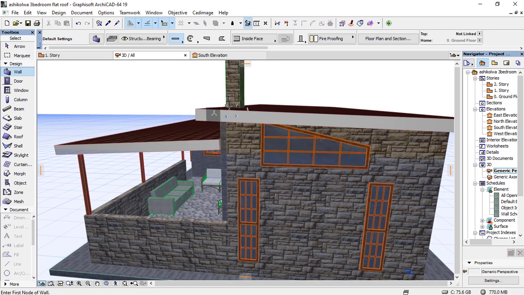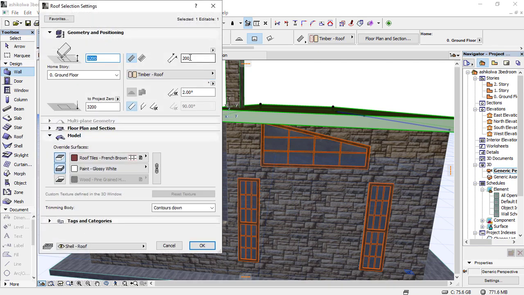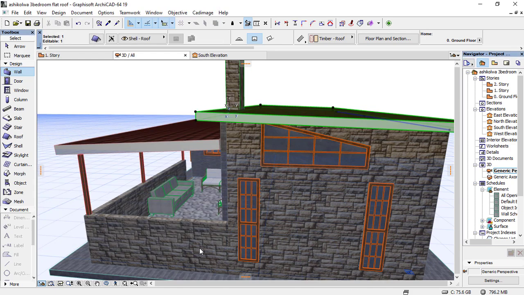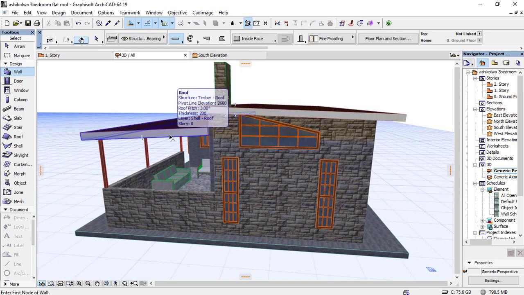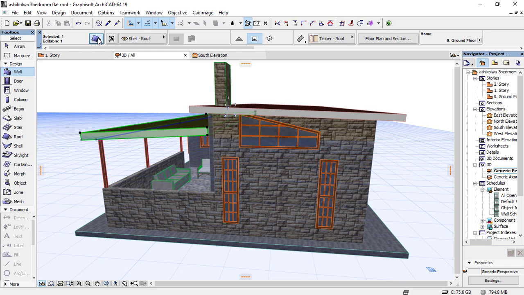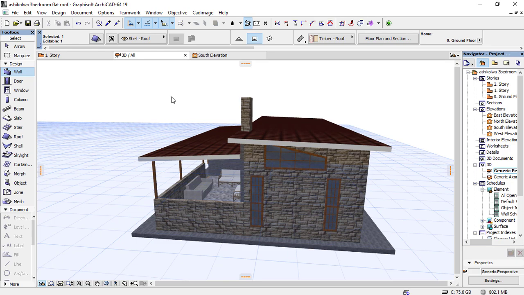So for the fascia board, the white fascia board, you can also select the roof and then double click, setting dialog, and it is here. So this 200 is my fascia board, so I can put 150 also to reduce. 150, you can see it has reduced. So I can also select the other one and then reduce it to 150, the fascia board. So I can select this one to be 150 millimeters. For the colors and